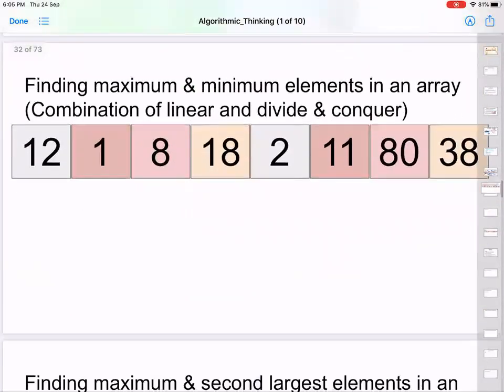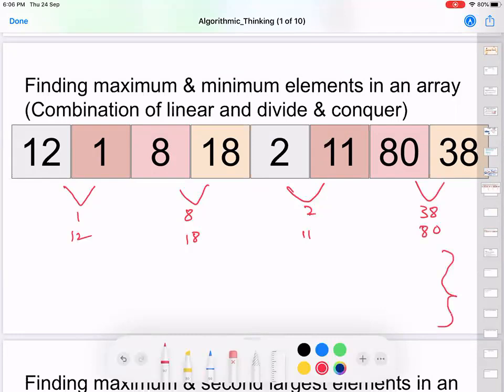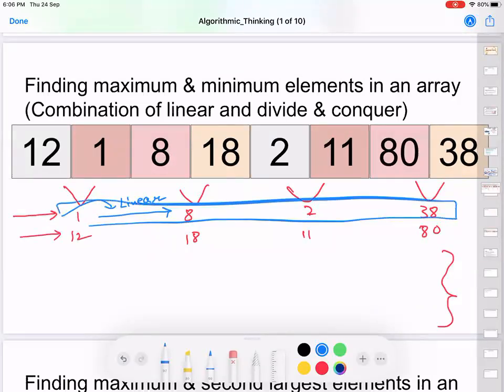You can also again use a combination of your linear and tournament here, how we have done it for max. In the first iteration, again a min and a max, min and the max, min and the max, right? And after that, instead of doing the entire circus of tournament, what can we do here? I know that my minimum element is going to be 1 from these 4. And my maximum element is going to be 1 from these 4. So here I do a linear run to find out which is the minimum among these elements.